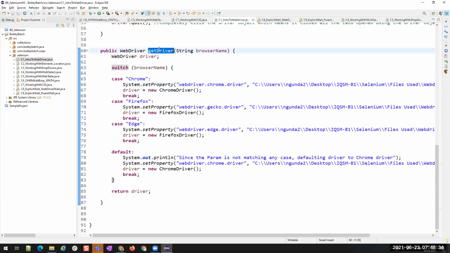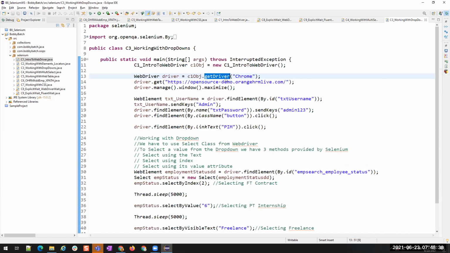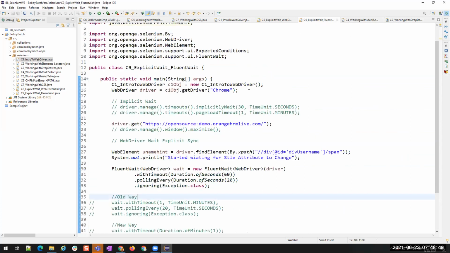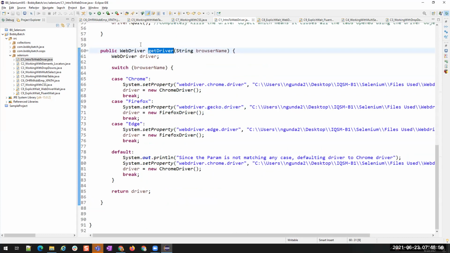Now this method I am using in every class. You see, get driver, and I'm passing this parameter so that it performs all the operations and returns me the driver. The same I'm doing in another class, and another class. Everywhere I'm just calling that method, right? Why? I don't want to write these lines of code every time because they are already there.